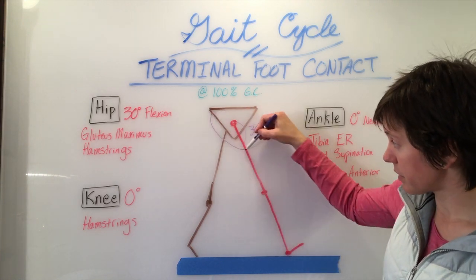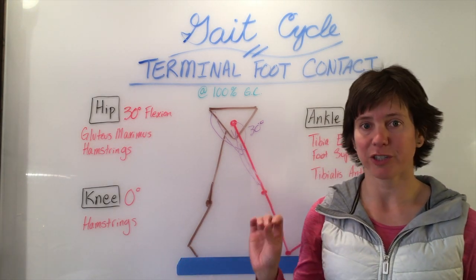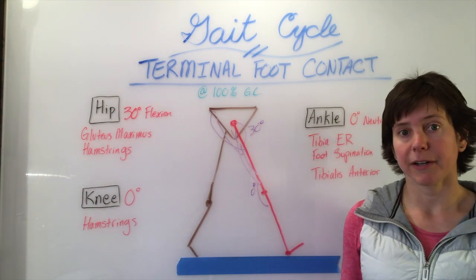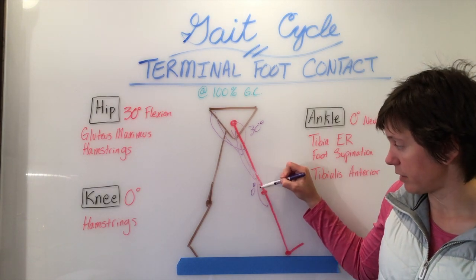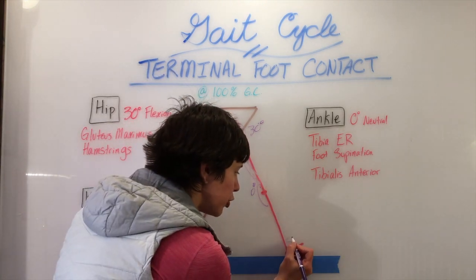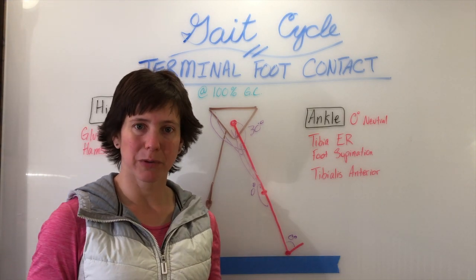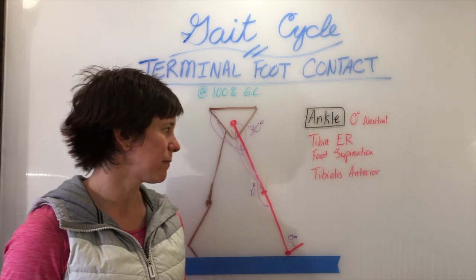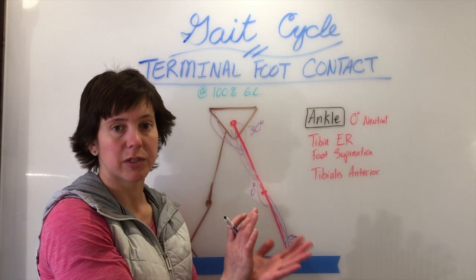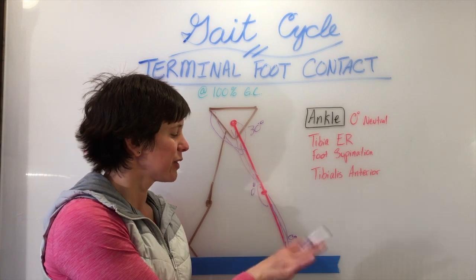and the gluteus maximus and the hamstrings are working eccentrically to slow down or to decelerate the swinging leg. The knee is at 0 degrees of extension, and the hamstrings are also helping to stabilize the knee. At the ankle, it is at 0 degrees or neutral for that heel strike. The tibia is externally rotating, which means the foot is supinating, and the tibialis anterior is keeping that foot in that dorsiflexed or neutral position before we start our second gait cycle and do the loading